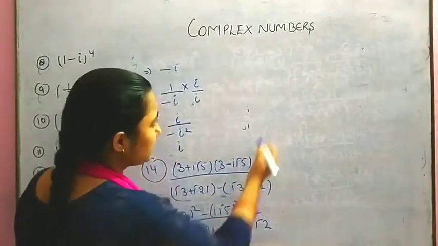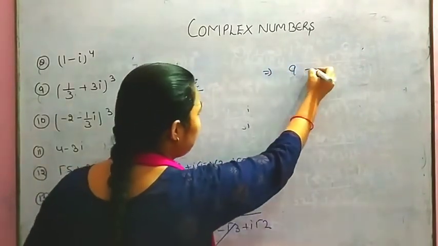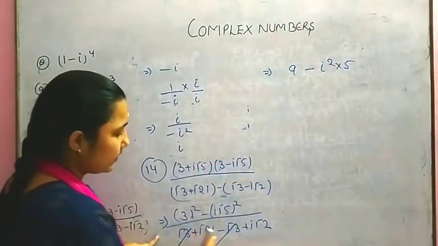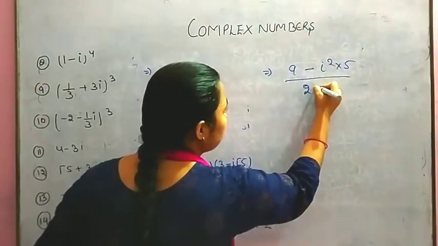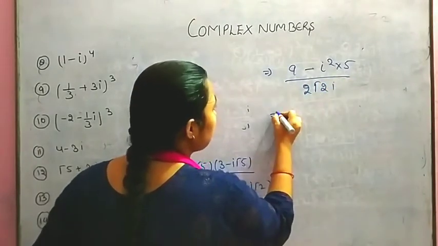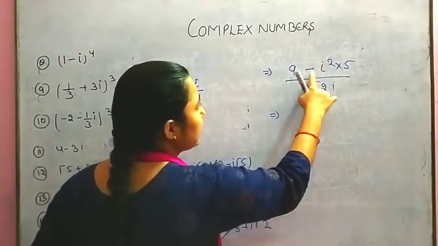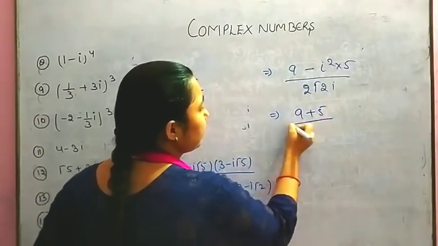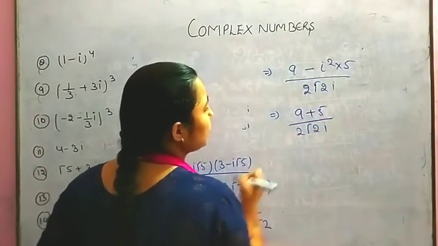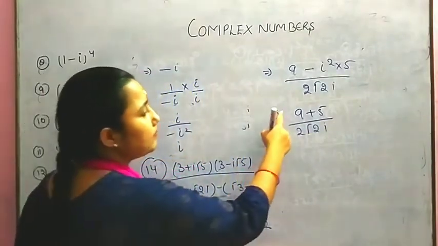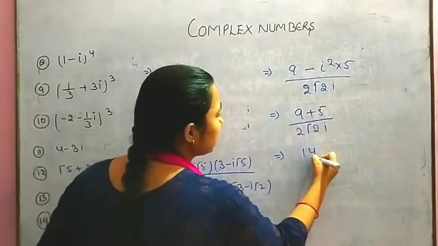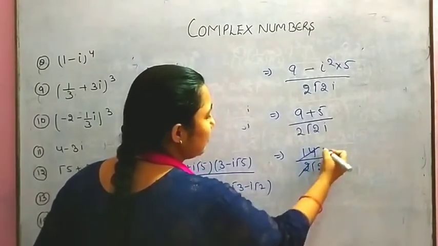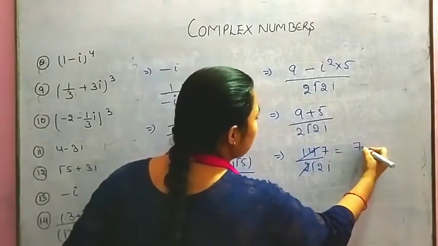So 3 square is 9 minus i square and the square of root 5 we get 5. This is 2 root 2i. Now i square is negative 1. This negative converts to positive. We get 9 plus 5 over 2 root 2 i. Now 9 plus 5 is 14 and this is 2 root 2 i, then this will be cancelled out. We get 7 in the numerator. So overall we get